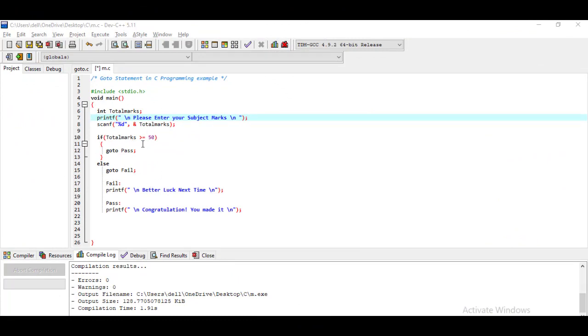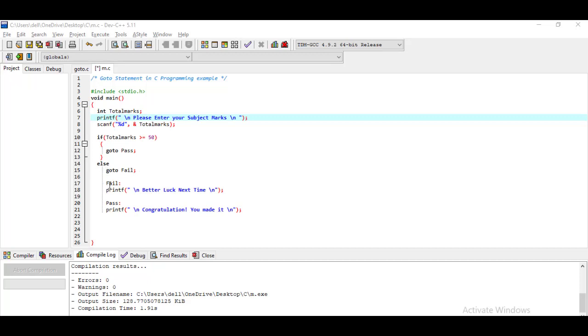The purpose of this program is just to demonstrate how to use the goto statement in a C program. We are asking the user to enter the total marks. If the total marks is greater than or equal to 50, then we go to the label pass, else we go to the label fail.